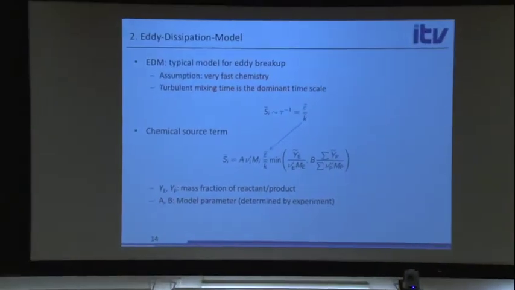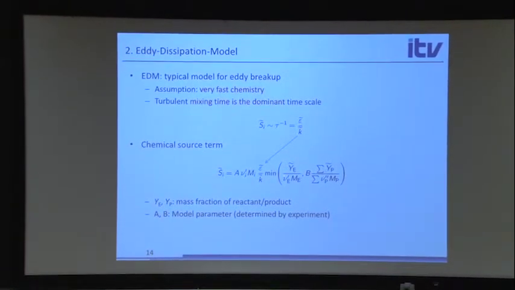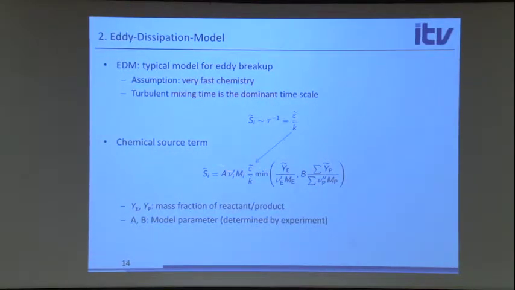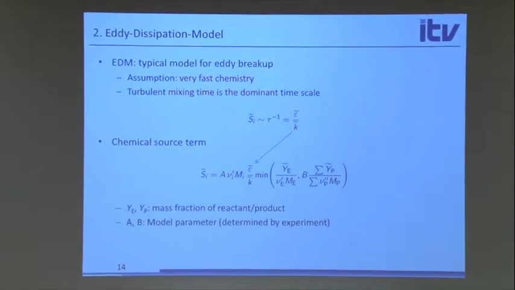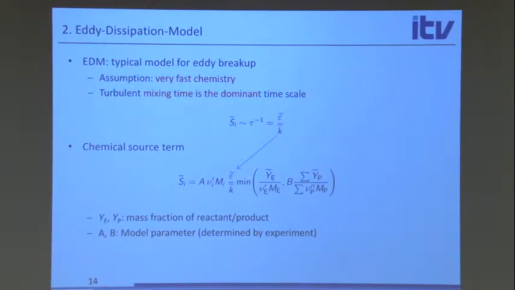So then with this expression, in this region, the oxidizer is 0, which means this here, I evaluate for the oxygen, would be the smallest of the 3 contributions. So the chemical source term would be 0 in that region. And then on this side here, there's no fuel, and then this evaluated for the fuel is 0. So again, this is 0. And if things don't burn at all, everything's cold, then a diffusion flame doesn't burn. And it doesn't burn here in this case, it has no product, and then it would also be 0,